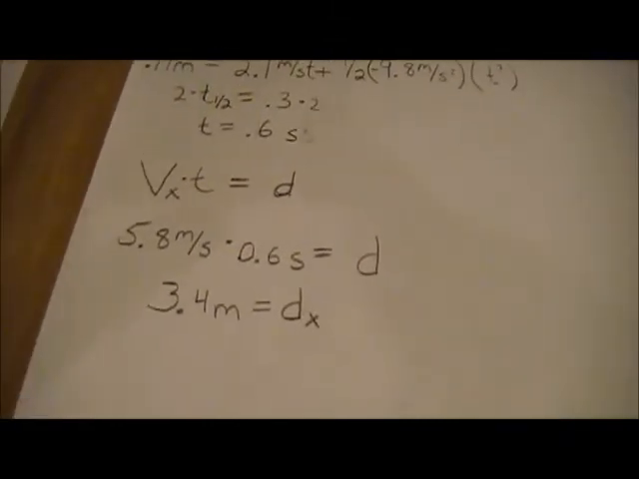Since we know how fast it's going in the x direction because we solved for it earlier, we can multiply that by the time that it's in the air, and that is how far it should go, which is 3.4 meters. Now obviously, as you can tell in the video, it didn't go 3.4 meters, but that's because